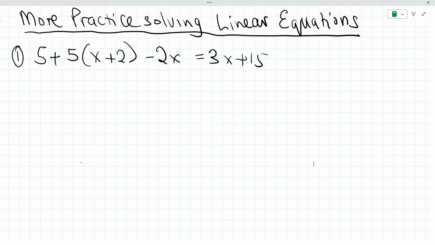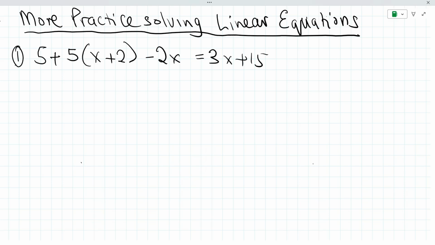My name is Professor Robert, and in today's lesson, we will solve more linear equations. Now, let's dive into it. Here we are given a linear equation: 5 plus 5 into x plus 2 minus 2x is equal